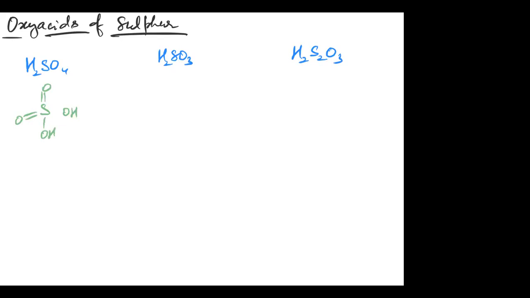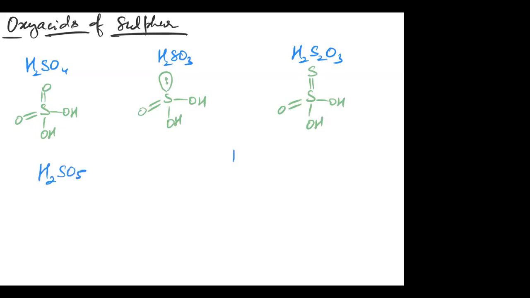In the case of H2SO3, this may be the structure here. And in the case of H2S2O3, it is OH and OH. And let's say double bond sulfur. Same, even if you have to draw more structures related to, let's say,